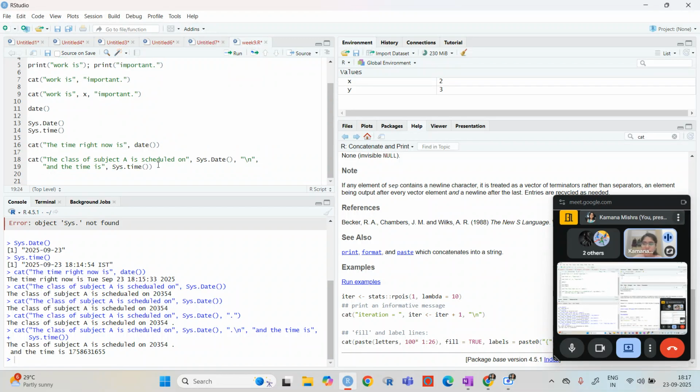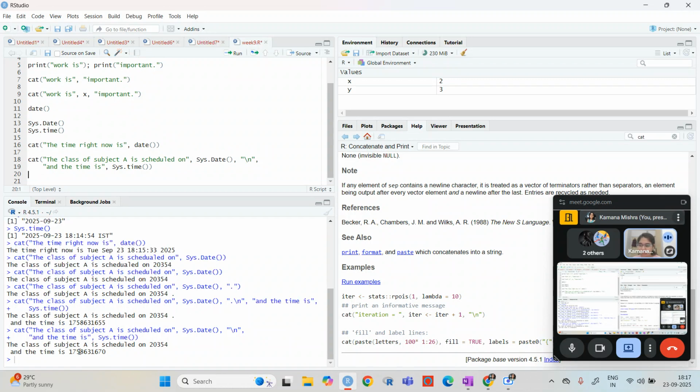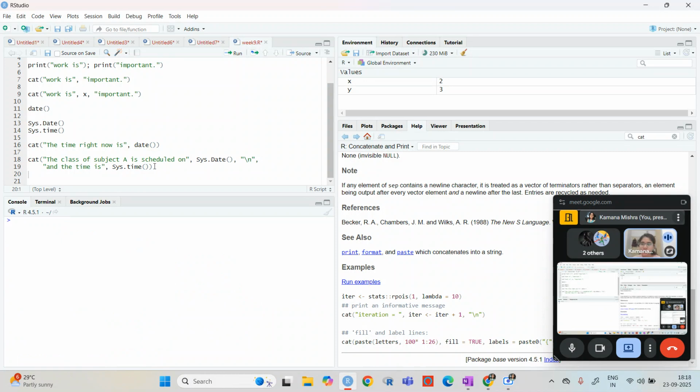Okay, so from here what I have done, and now this is not coming in the regular form, this is coming in some different way.